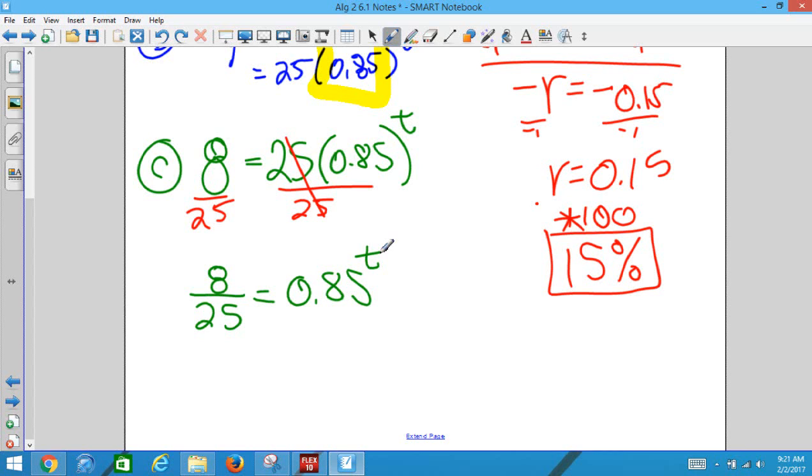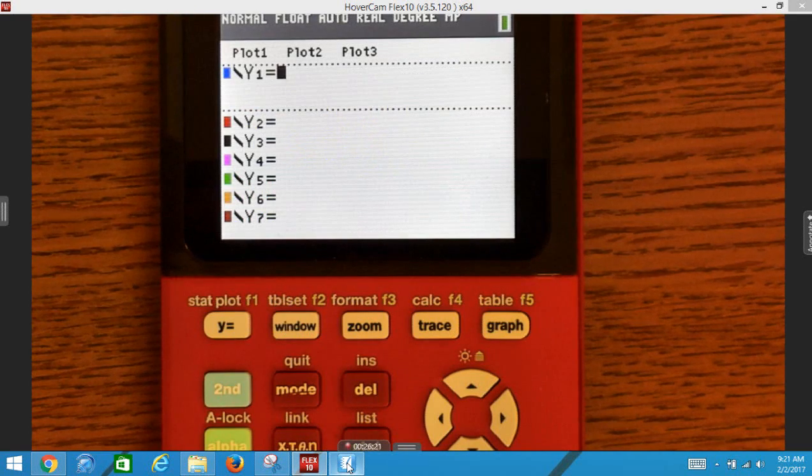All right. Get out your graphing calculator, and let's go to y equals. And I'm just going to type in